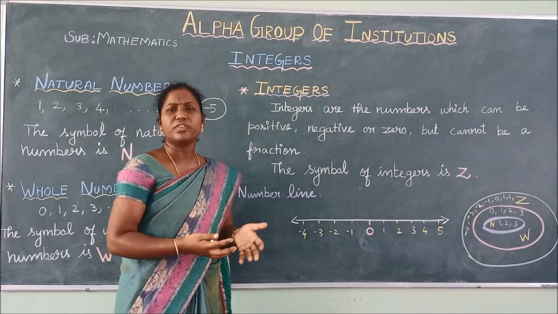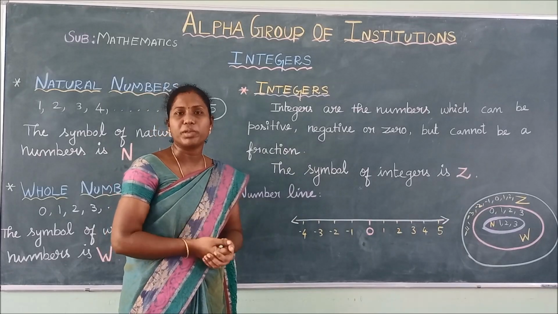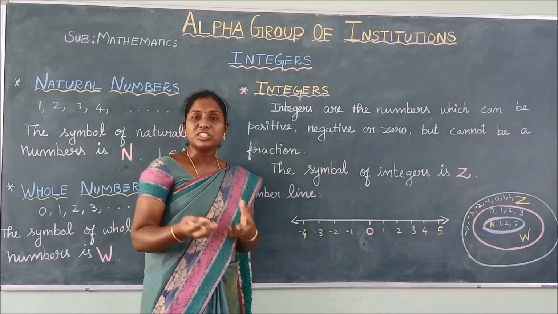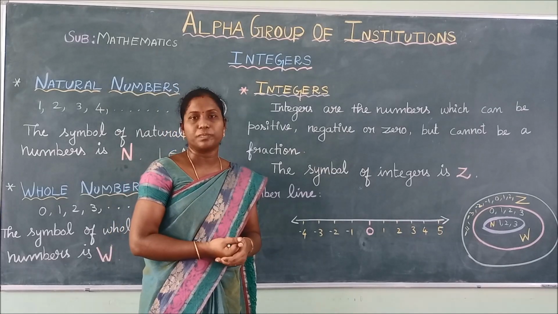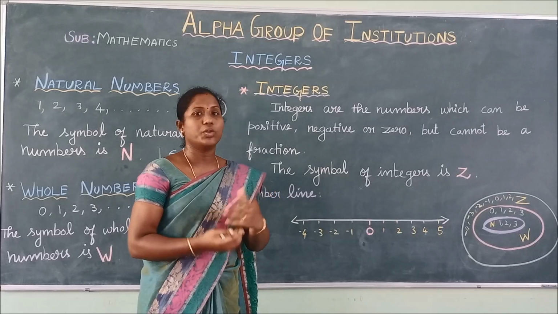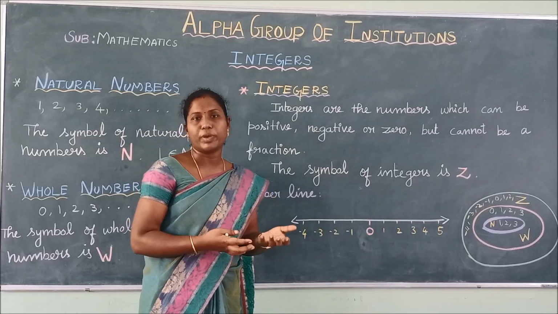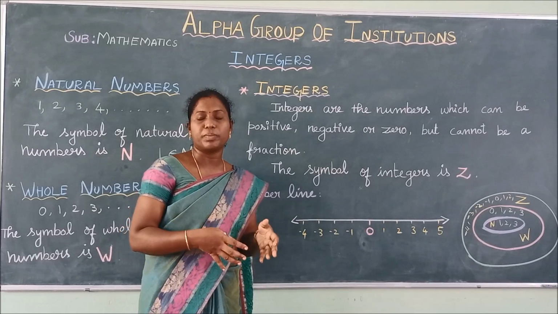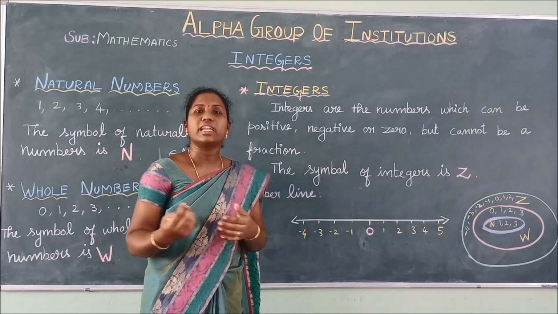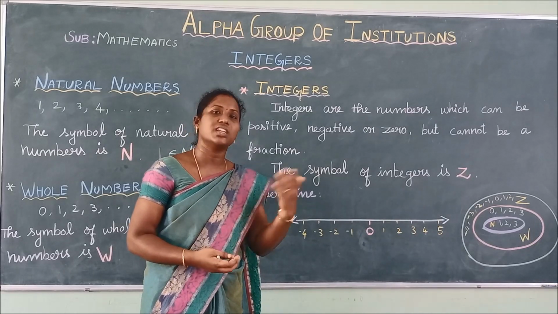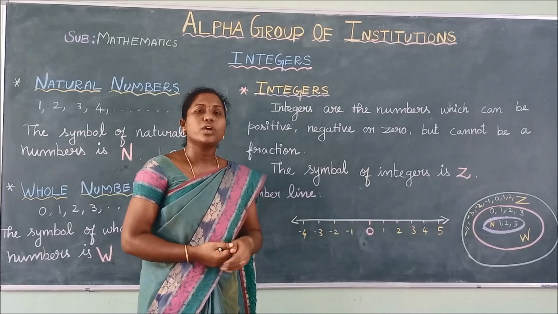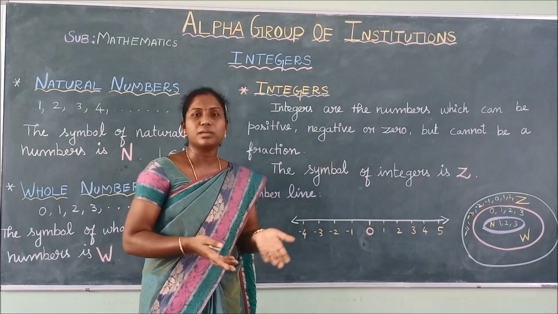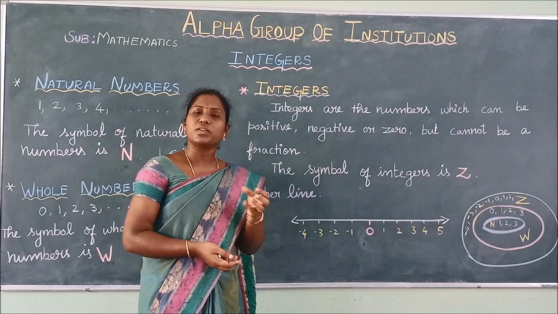In our daily life, what are examples of negative numbers? The best example is the measuring of temperature. We are measuring the temperature, no? You know the temperature reading we see in the newspaper or on your mobile. In summertime, how much is the temperature? And in the rainy season, what is the temperature in our country and in other countries? If it is on the Celsius scale, our country India is one of the hottest countries.